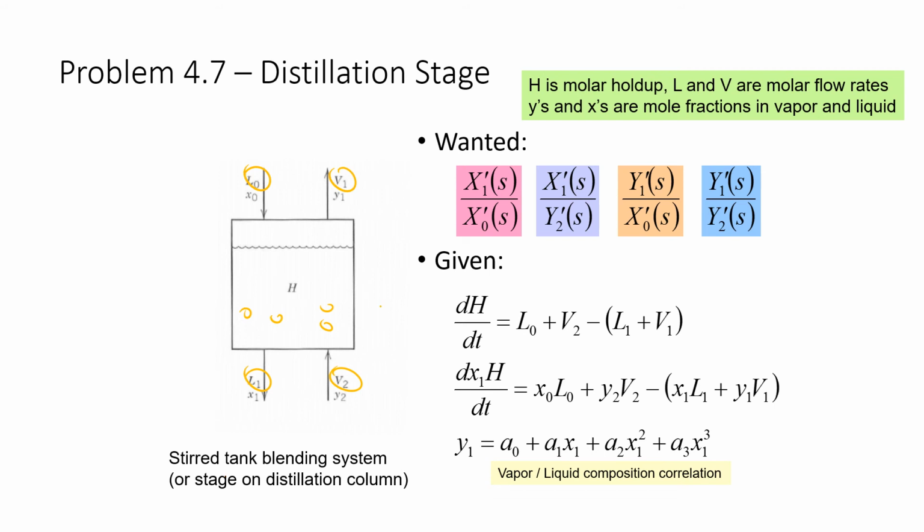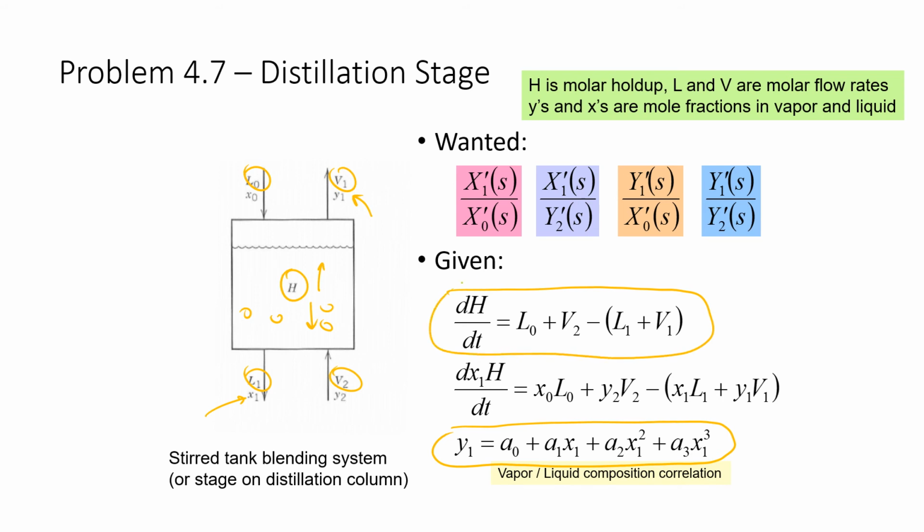And we're going to assume that the Y1, so this is the vapor fraction leaving the distillation stage, is going to be related to the liquid composition leaving the stage as well. They're going to be at equilibrium. So there's our relationship between those two. We also have this height that can either go up or down depending on how many moles are going in from the vapor and the liquid. And this is going to be from a mass balance,